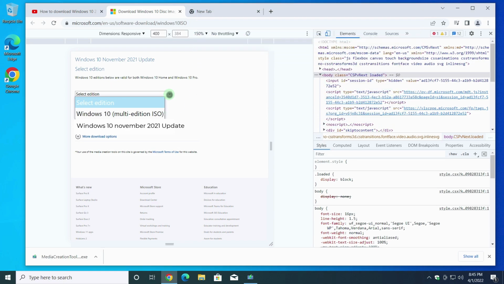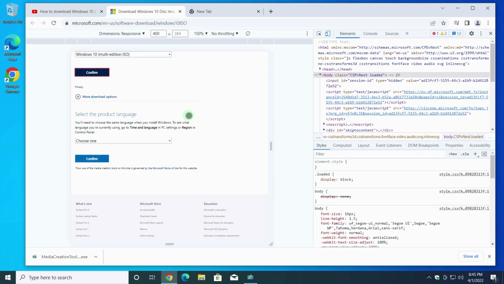Microsoft has been calling everything nice lately. Windows 10 November 2021 Update is boring, isn't it? Windows 10 Multi-Edition I saw as much cooler, in my opinion. Choose it and click Confirm. Now I can choose the Windows language.